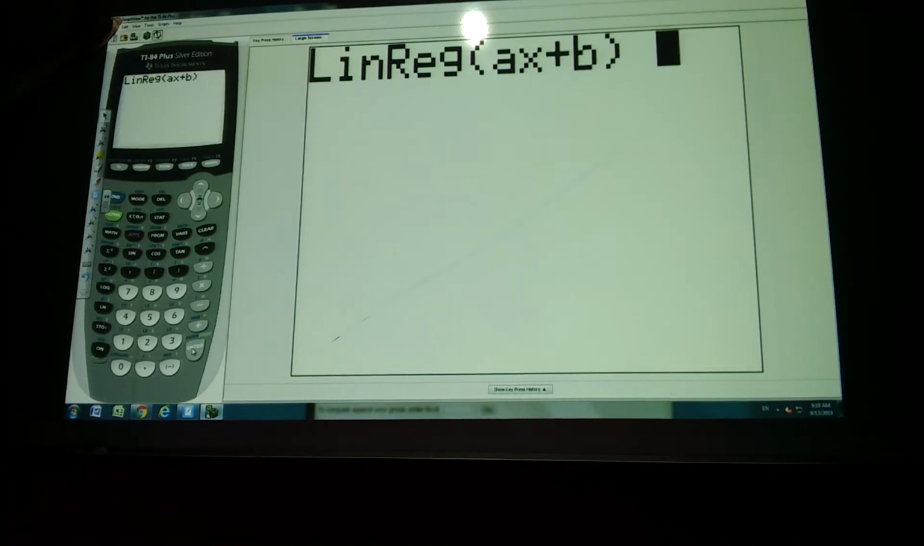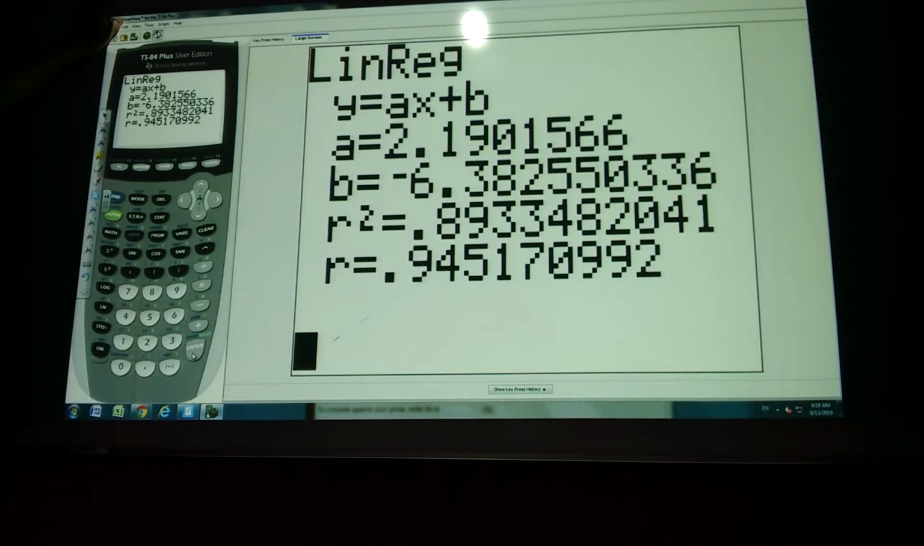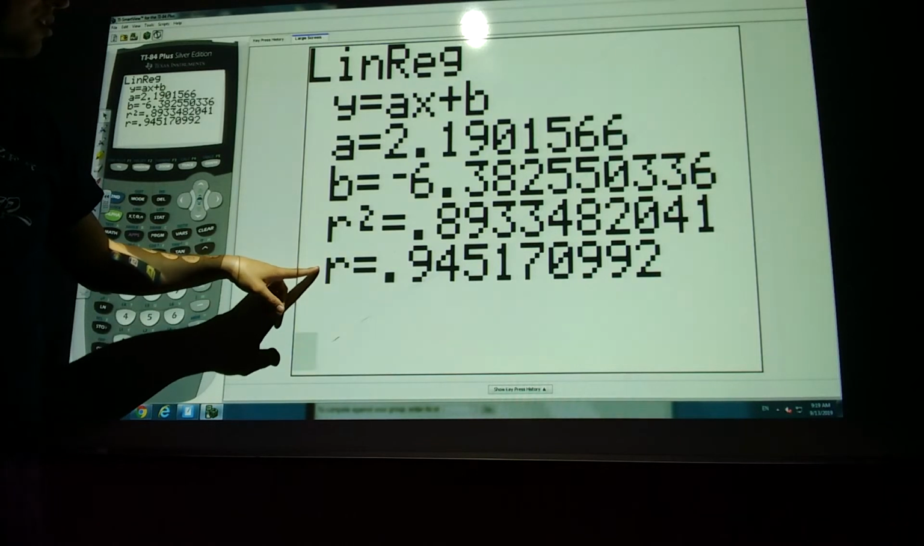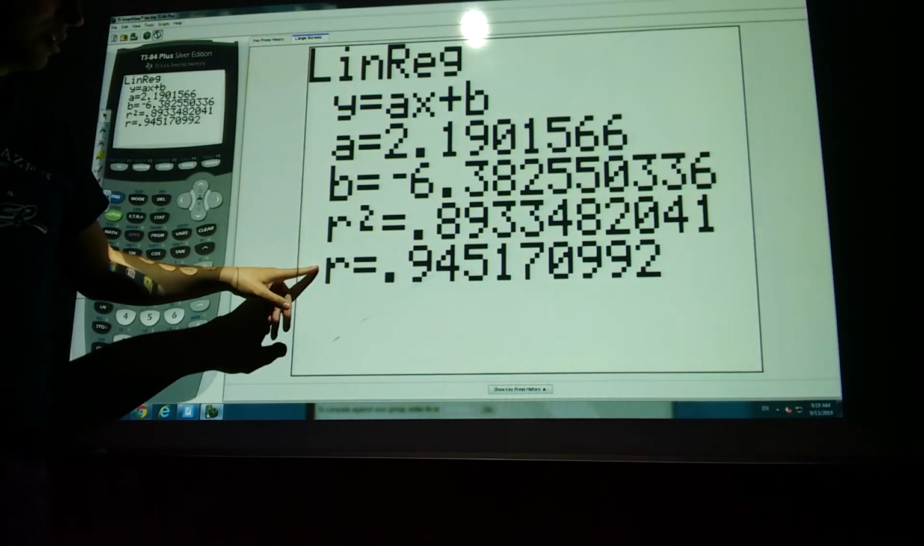If you don't do anything, yours is going to be a little different. It's going to say list. I think it says list 1, list 2, so it assumes list 1, list 2. Now mine is list 3, list 4, so I'm going to type in list 3, list 4. Yours should be list 1, list 2. Hit enter, and your R value should be right down here,